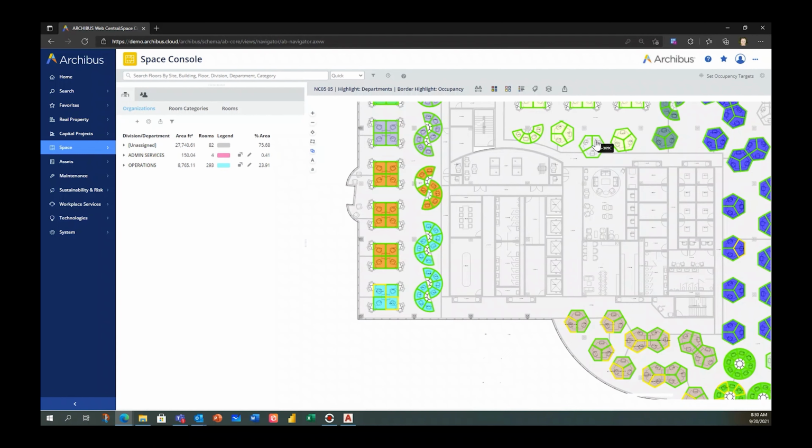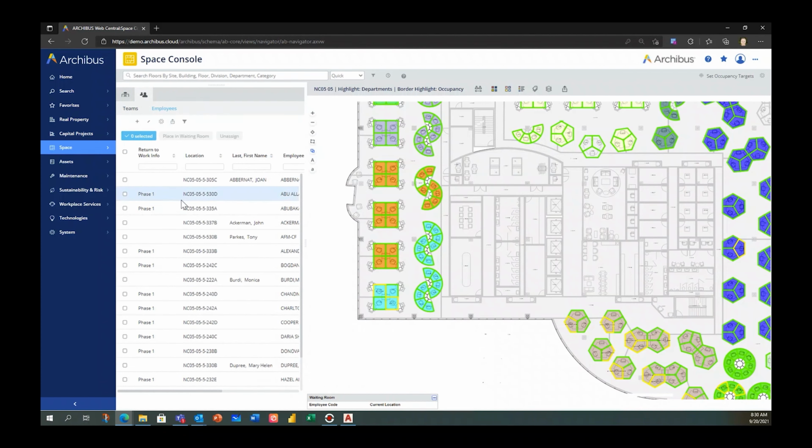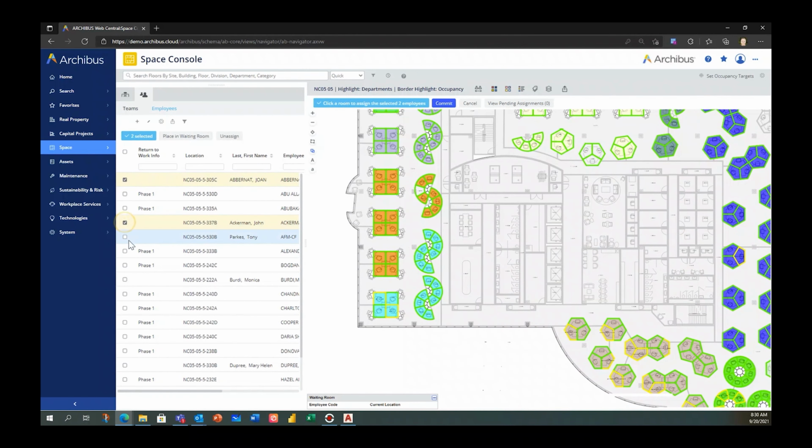Additionally, if I wanted to take some other actions against this space, I can just as easily change up who's sitting where on this floor plan for my organization. And that's as easy as navigating to the occupancy menu, highlighting the different individuals that maybe I want to position onto a different desk or in a different office, or place them in a waiting room. And then it's a really simple drag and drop exercise. So I know which spaces are vacant and available to be occupied, so I'll simply drag and drop some of these folks down onto the space.